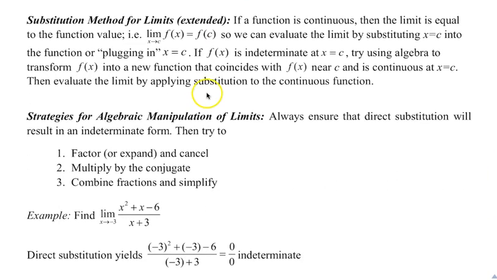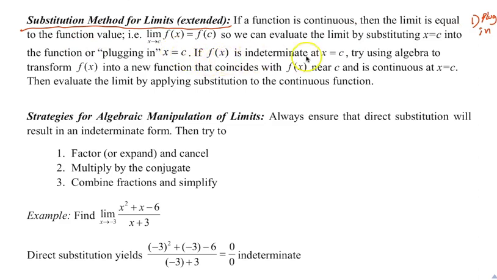We had this earlier in an earlier video, but now we're going to extend it. When we do the substitution method for limits, step 1 is still the same. Just plug in the limit. That's what this says: if f is a continuous function, the limit is equal to the function value. So it's always the first thing we're going to do, just plug in the limit. If you get an answer that works, like a number, you're done. That's your answer. Step 2, though,